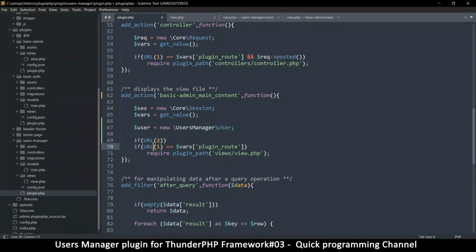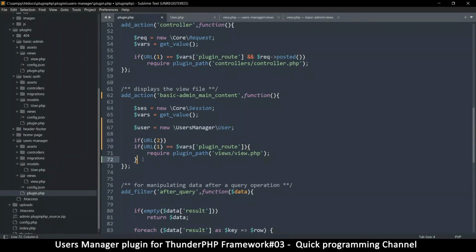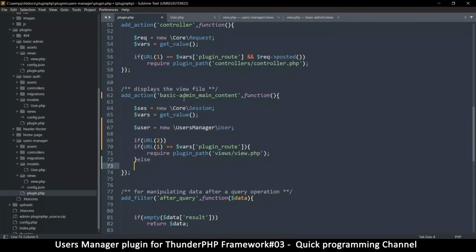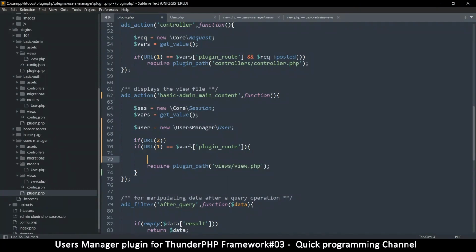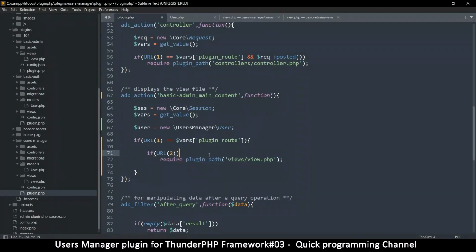so first of all, if plugin route here, so let's do this like so. And then what we can do is put an else statement here. Actually, no, that isn't right. I just wanted those curly braces. And then I could put this if statement in there like so. So let me move these guys up a step and tab them like so. So if this one is equal to, and there's plugin route, so this doesn't matter. If it's equal to,